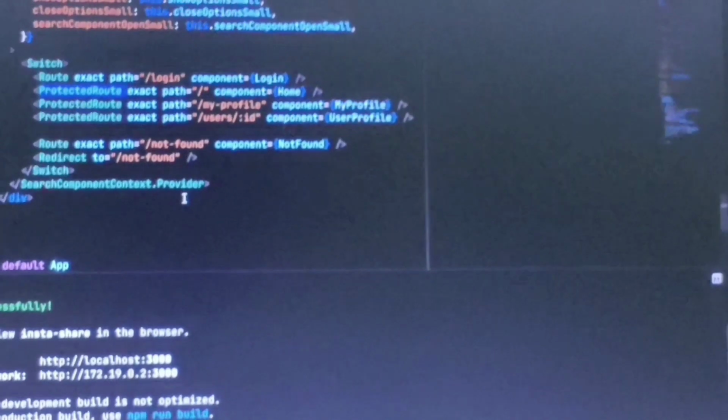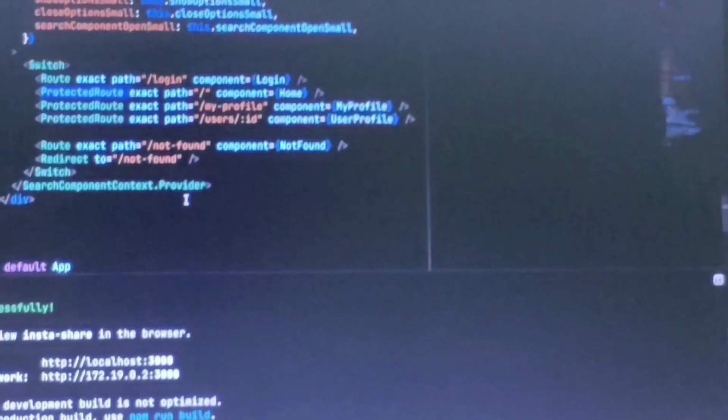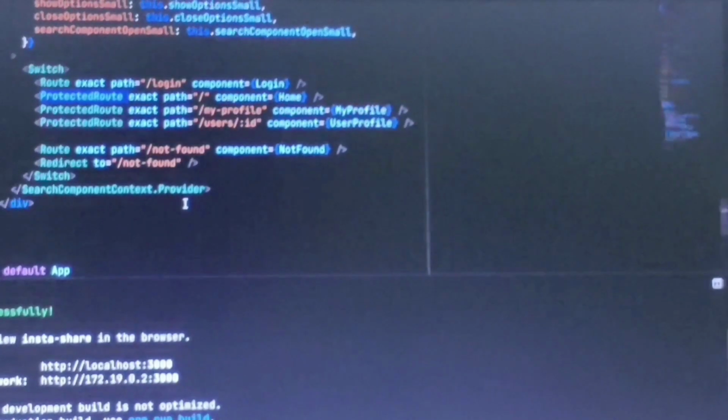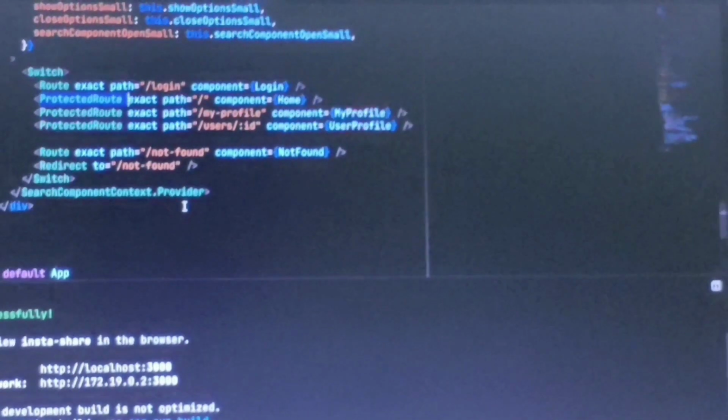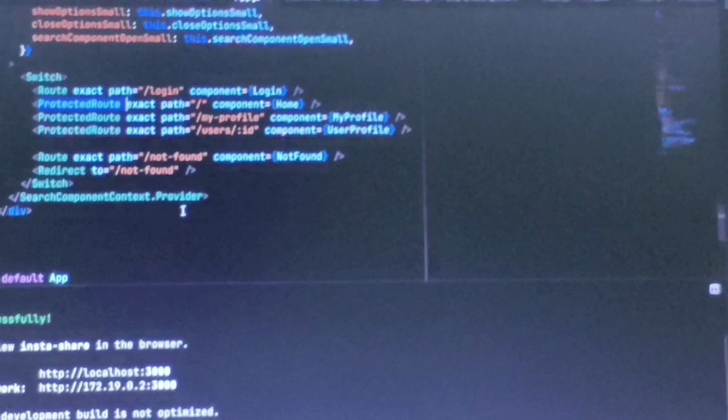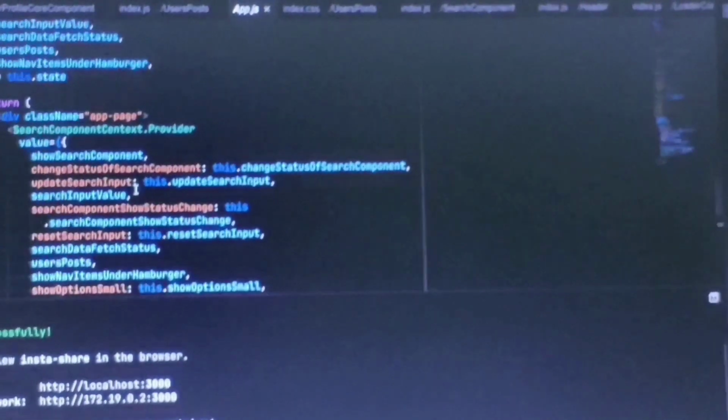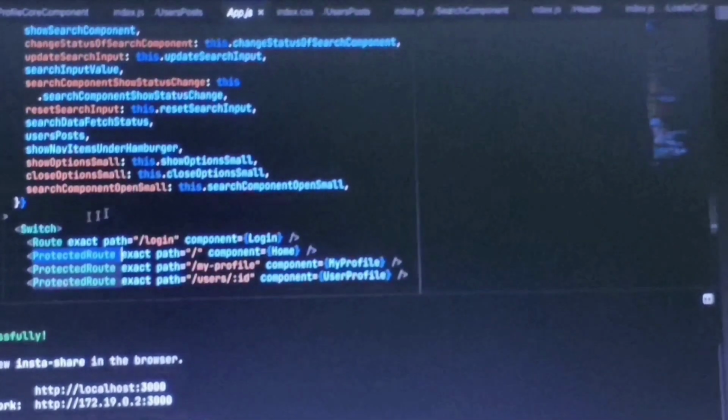I have implemented the code for the authorization checking. If there is a JWT token, it is authorized; otherwise, the JWT token is undefined and it will redirect to the login page. Otherwise it will go to the particular route.